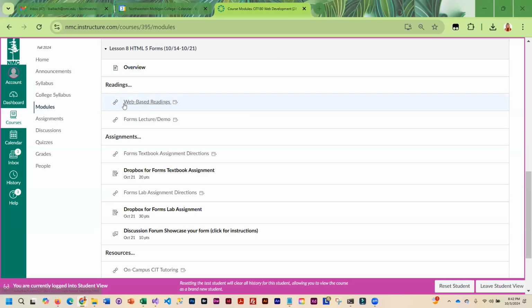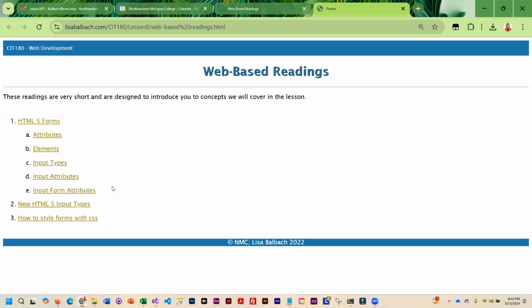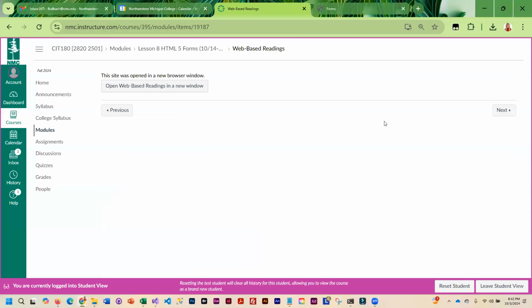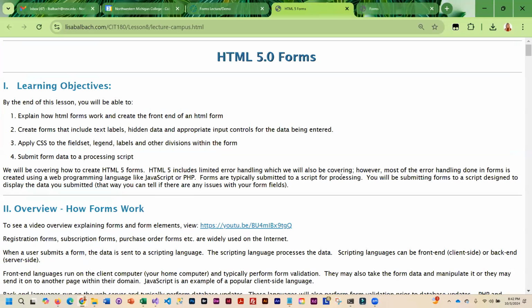So you're going to start out with the web-based readings that all deal with forms and styling forms. And they're all fairly short articles. And then you will move on to the lecture demo, which kind of takes all of that little piecemeal information